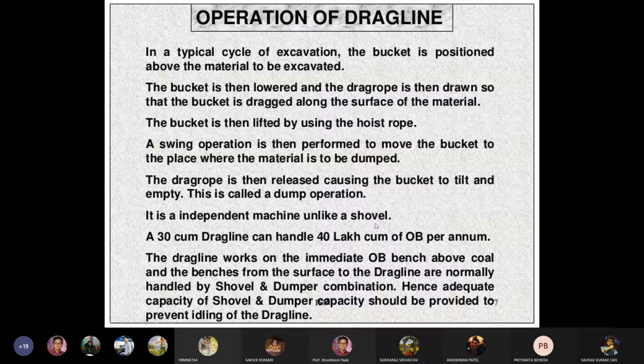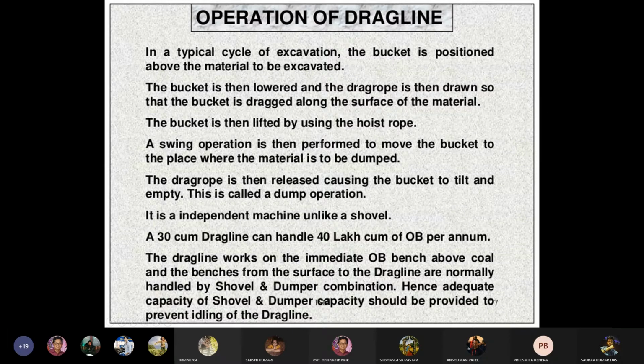But in the case of a shovel, it has to be loaded into dumpers.